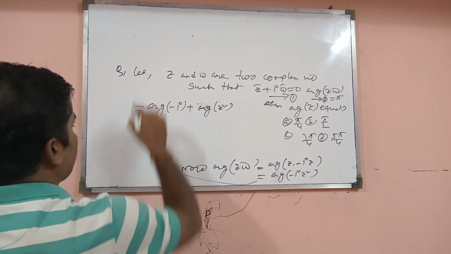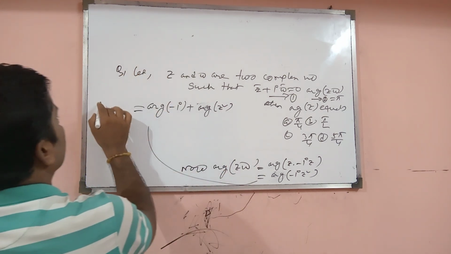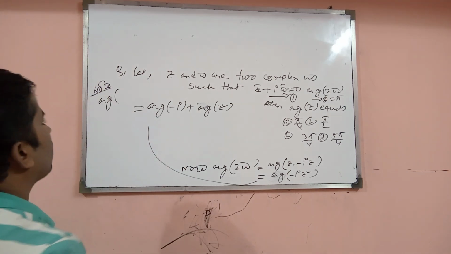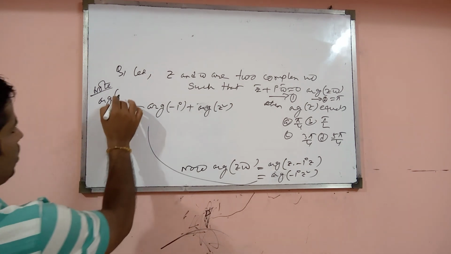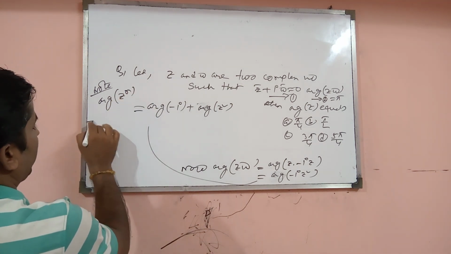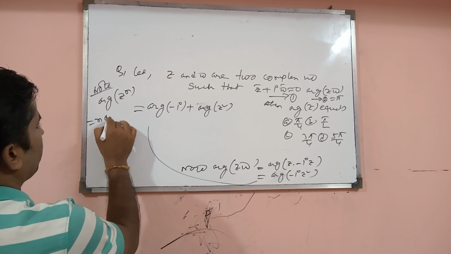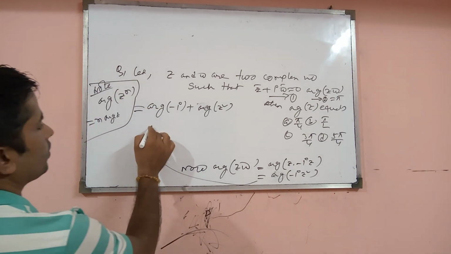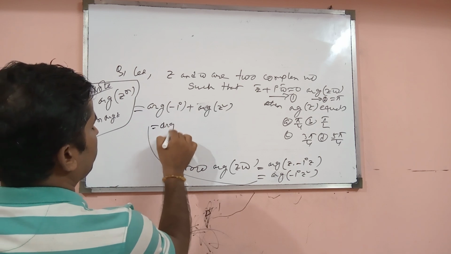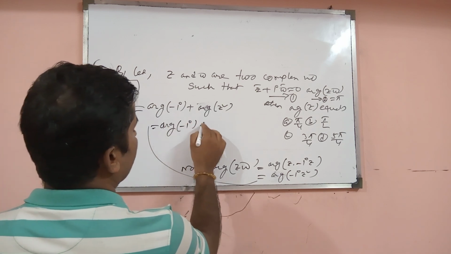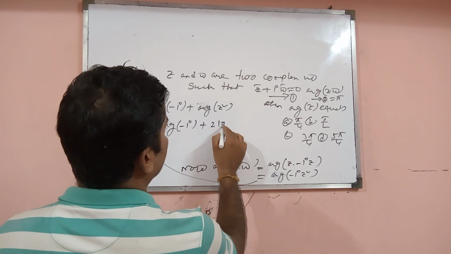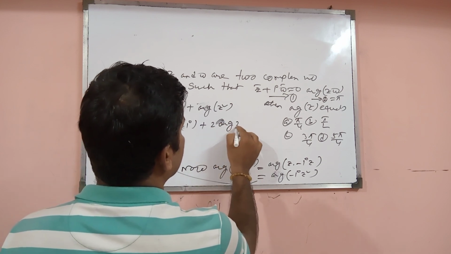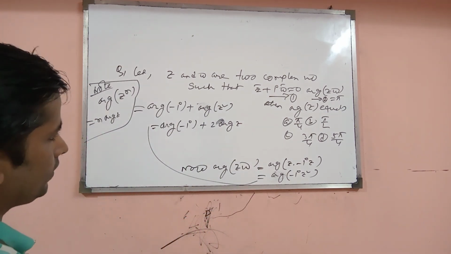As you know, and you must remember this, argument of z to the power n is equal to n times argument of z, okay? So based on this, it is argument of minus i plus 2 argument of z,